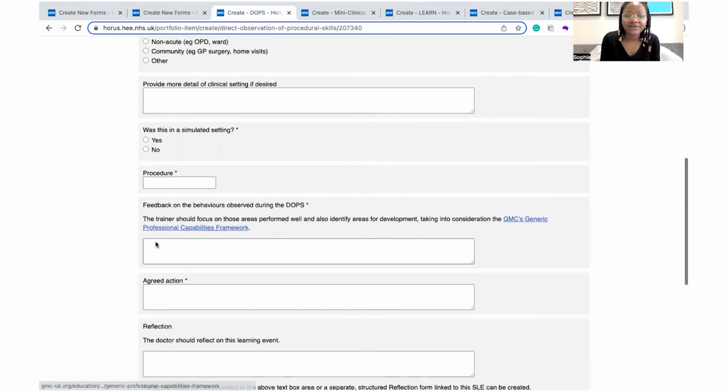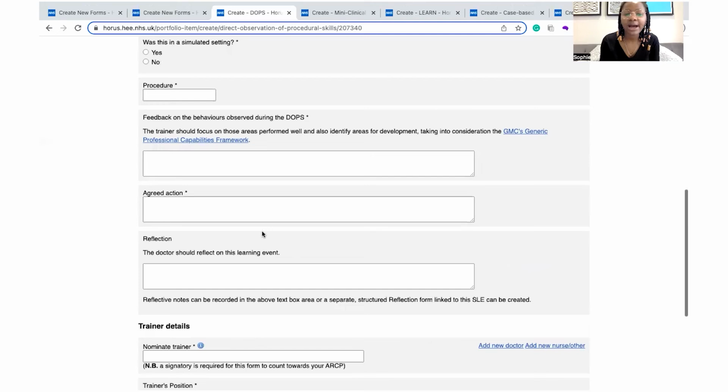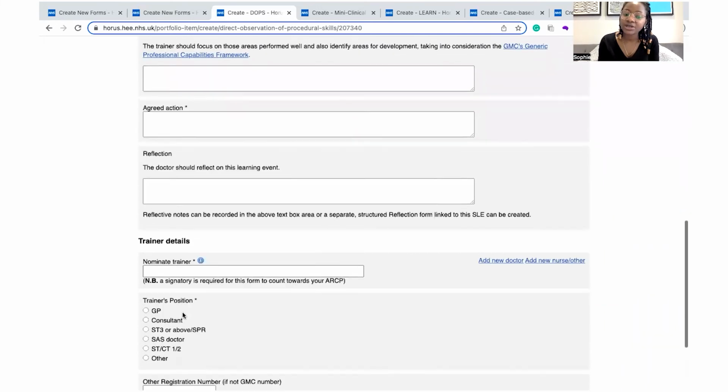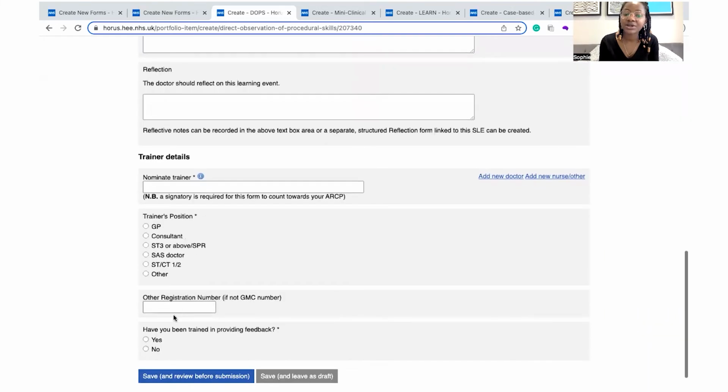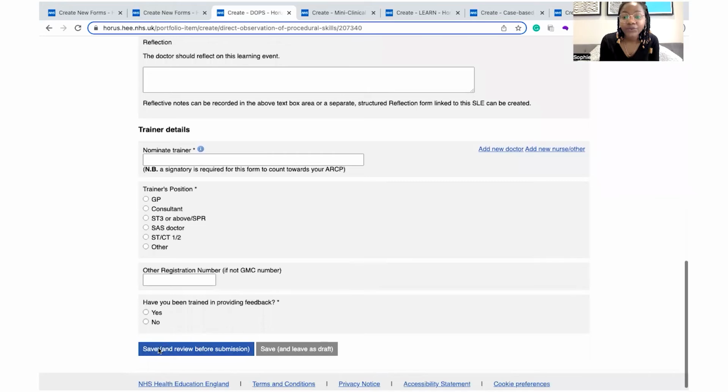So here's ideally for your supervisor or whoever you send this off to fill. You could do a reflection in this here, or you could do a separate form, and then you select a trainer, pick the relevant position. Ideally, you'll be clicking yes, because you'd be sending this to somebody who is skilled in providing feedback. Save and review,